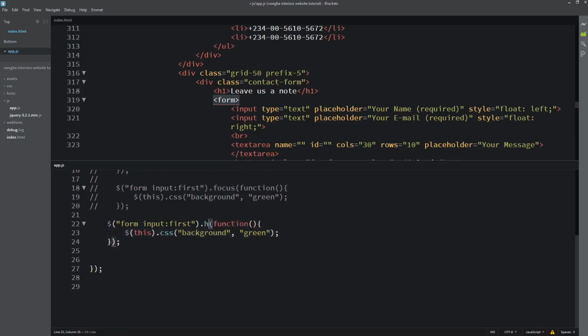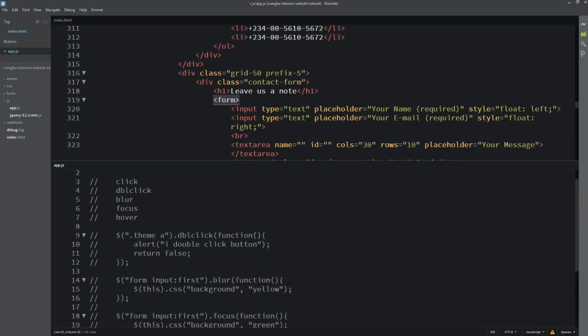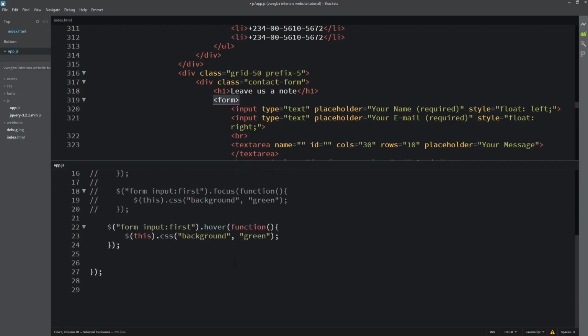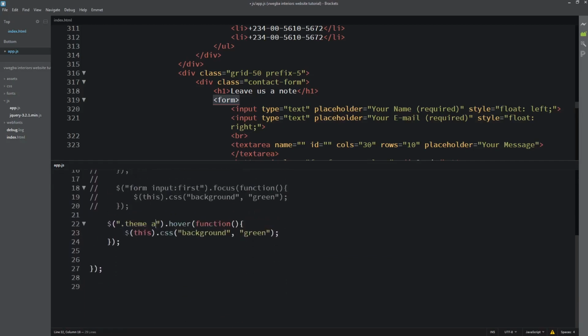If you use the hover event targeting that button, you call this function when the mouse enters what you targeted. Then you call the second function when the mouse leaves. So this background shows red when you enter and green when you come outside.